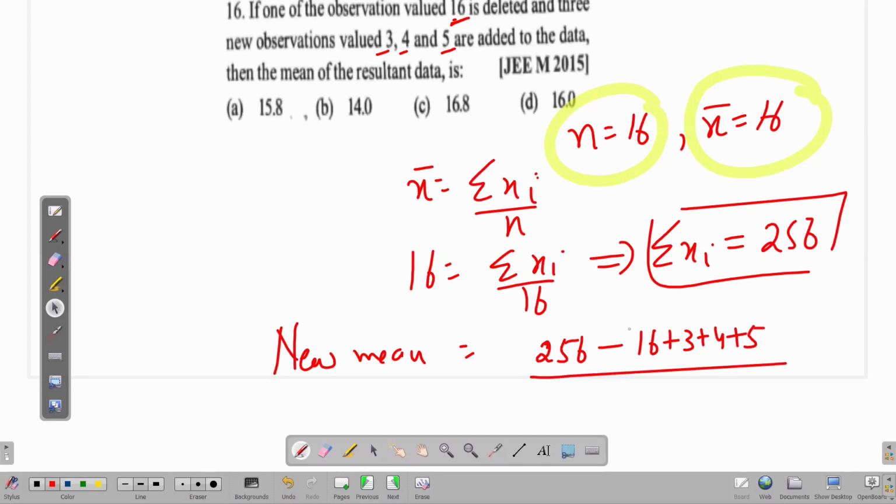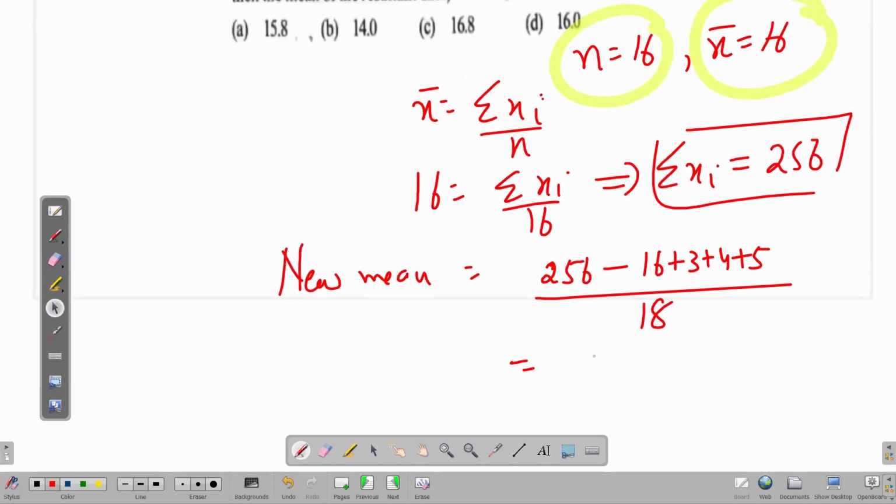If we had 16 observations, and we replace one by 3 observations, then from 16 I just take out one observation, we are left with 15, and then we add 3 more observations, that is 15 plus 3. Now my total observations will be 18. And my new mean is here